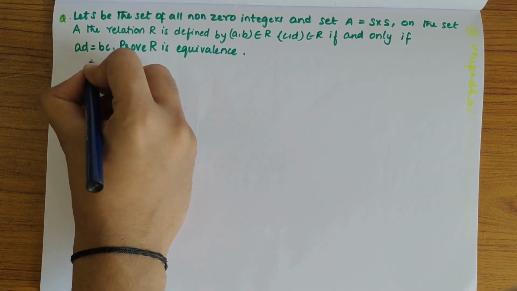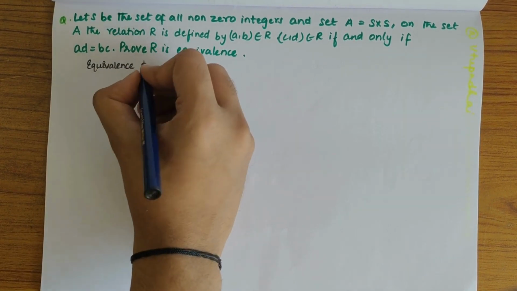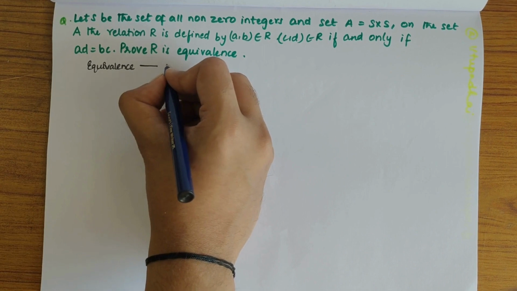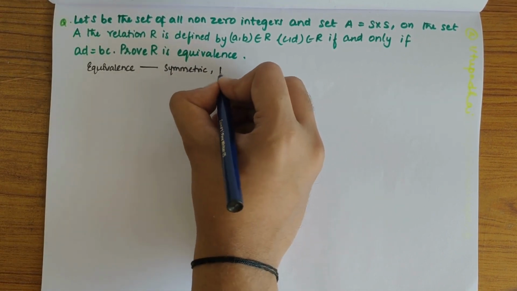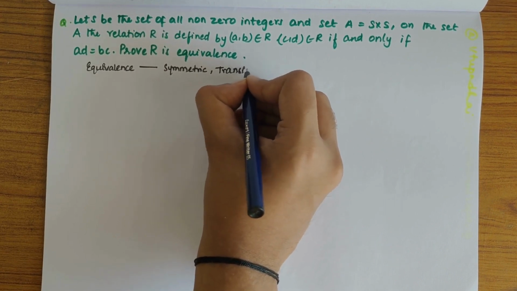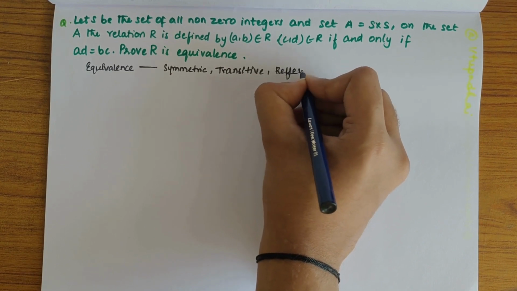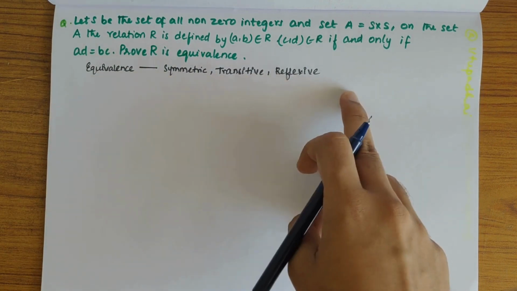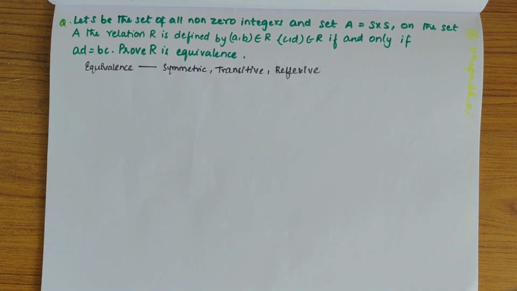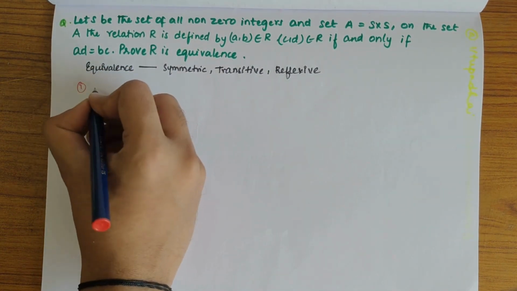So firstly, we know that for a relation to be an equivalence, it has to satisfy the symmetric condition, transitive condition and reflexive condition. So only if it satisfies all the three conditions, then it is said to be an equivalence. So now let's solve one by one. Let's look into these relations one by one. So first let's take